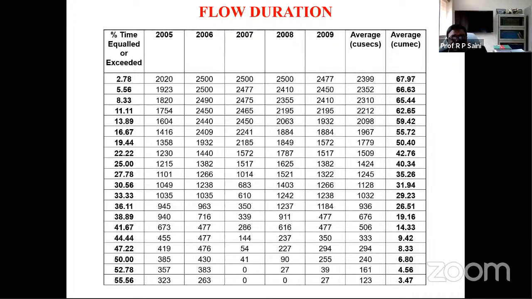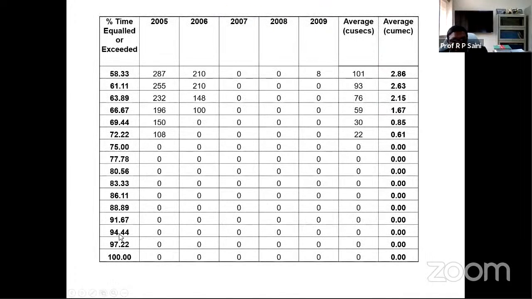So in that case, the first column is generated. I do not measure this; it is like this. That means take 1/36 into hundreds. That will be the percentage duration. This will be 2/36, this will be 3/36. The last value will be 36/36. That is the 100% time this discharge will be available to me.